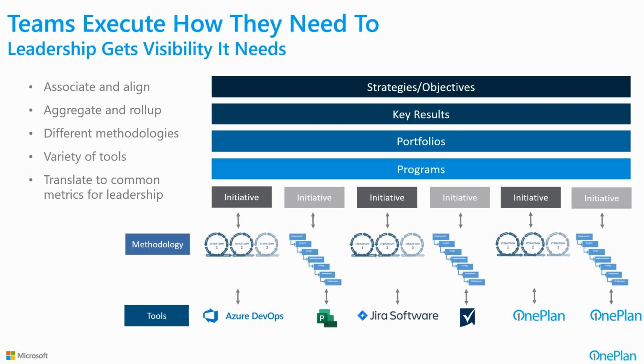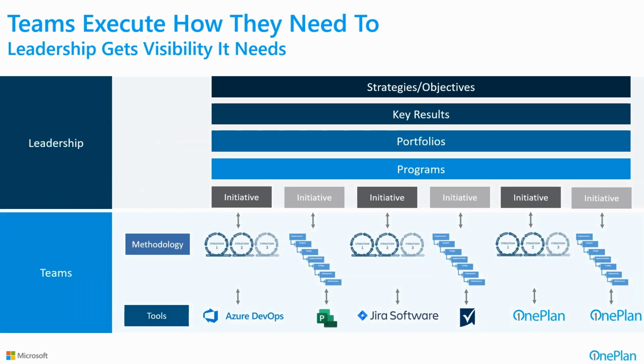waterfall in OnePlan. The key is that you end up needing an overall portfolio of information that includes a resource dimension to it, and be able to roll that up to, say, different portfolios or programs, and maybe even align with strategies in your organization. The key is we need to give the teams the tools that they need to be effective, but leadership needs the visibility that they require in order to lead the organization and make decisions and adjust to changes as they